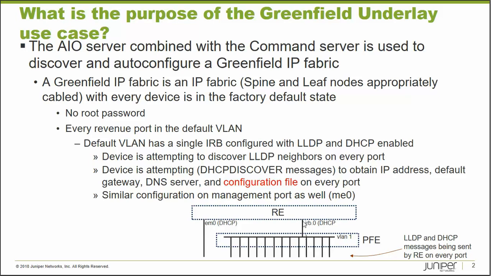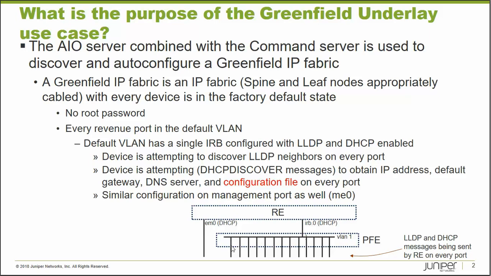An IRB interface basically allows you, if you try to connect to the IRB interface, to end up interacting with the RE. That's why I show it here. The IRB interface will be getting its IP address from DHCP as well. Because the IRB is the layer 3 routing interface for this VLAN, and all the revenue ports are attached to the same VLAN,